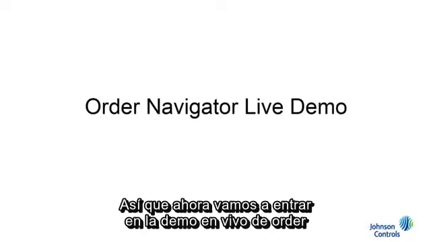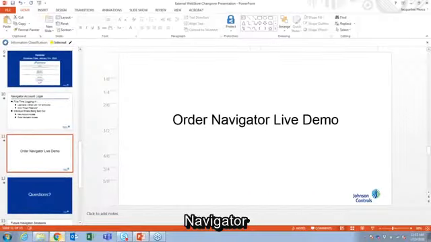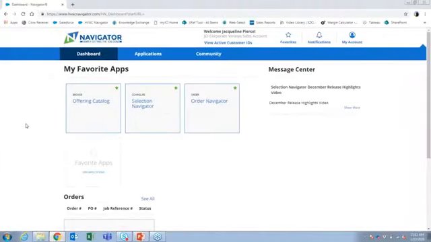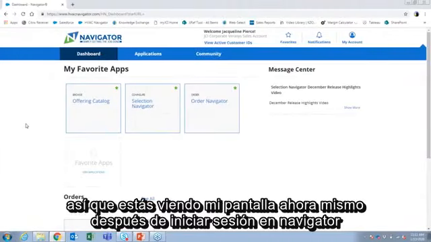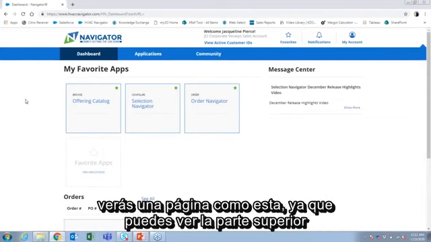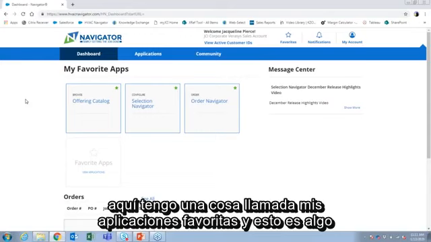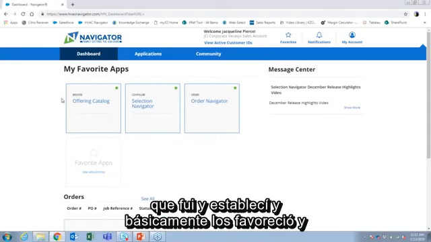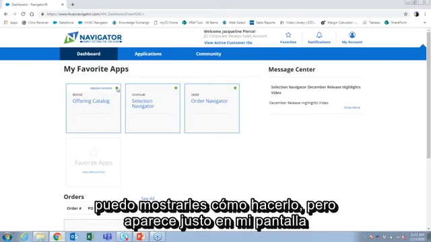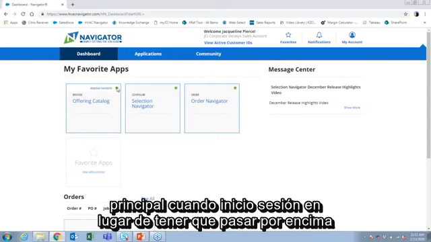All right, so now we're going to jump into the live demo of Order Navigator. If you're looking at my screen right now, after I log in to Navigator, you're going to see a page like this. As you can see at the top right here, I have a thing called My Favorite Apps. And this is something that I went and set up and basically favorited, and I can show you how to do that. But it shows up right on my home screen when I log in, rather than having to go